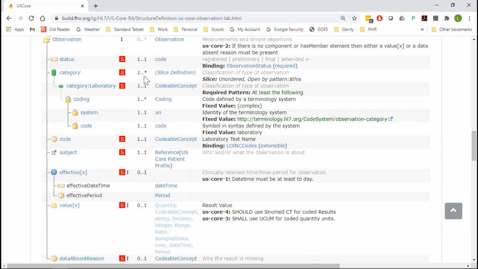And then we come along and we say, in this codable concept, we're going to say that you need to have a coding that has this fixed value and this fixed value. So what slicing lets you do is when you've got a repeating element and you don't want to lock down all of the repetitions, you don't want to say every category that you have has to say that it's laboratory, and you don't want to say you're only allowed to specify one category, because you might also want a category